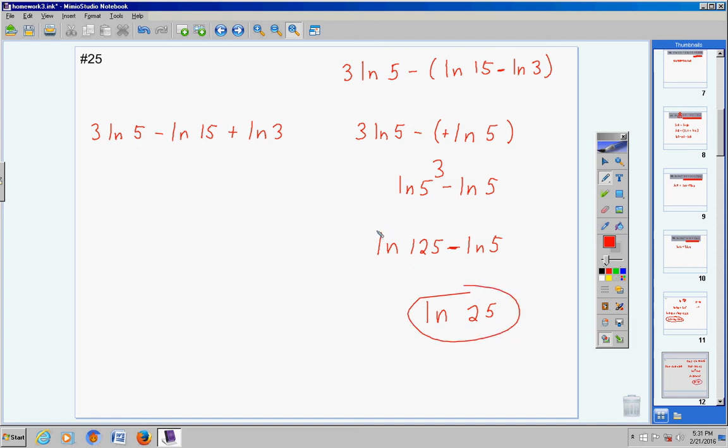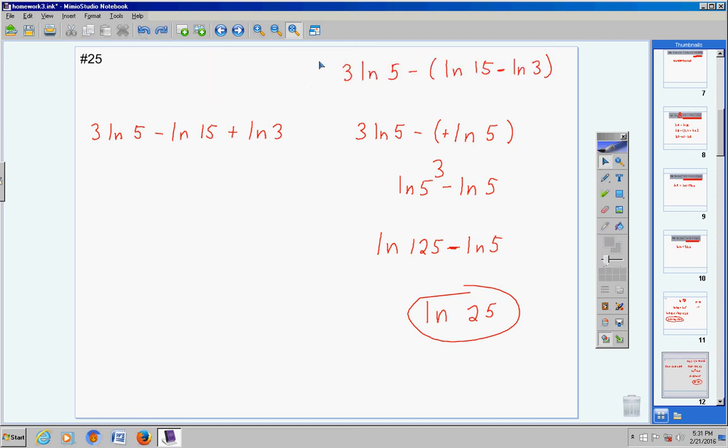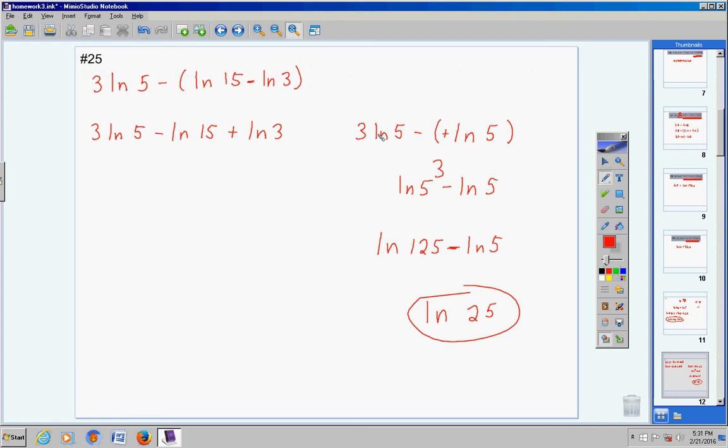Natural logarithm of 25. Alright, moving on to this, not a new problem, we're going to do it this way now. If you chose to take the negative sign and multiply it through first, that's fine, no problem. Take the negative sign, multiply it through, and you would have this. Now, go left to right. These two logarithms here and here have the same base. However, there's a 3 here that we don't want, so we must move this 3